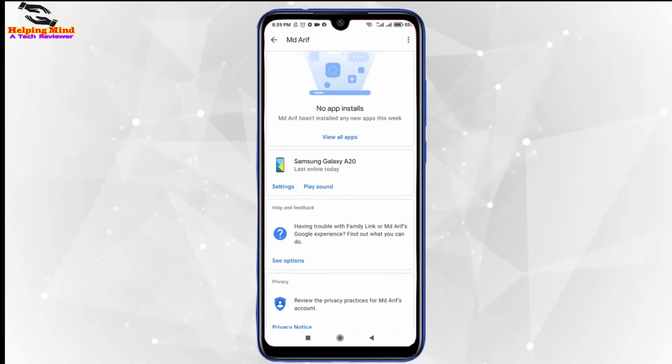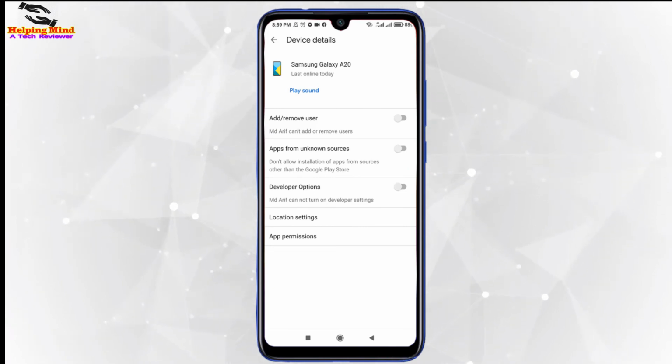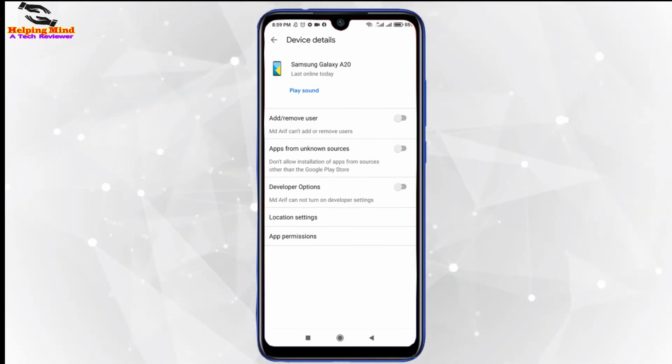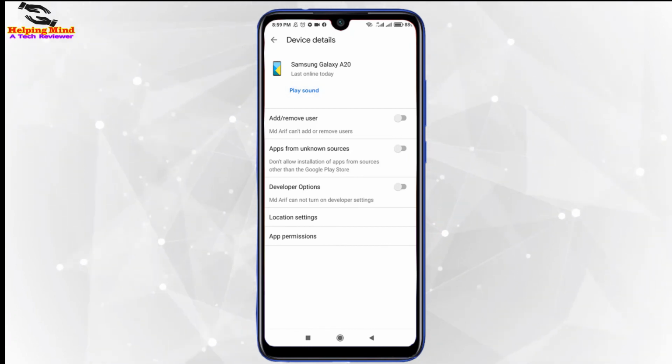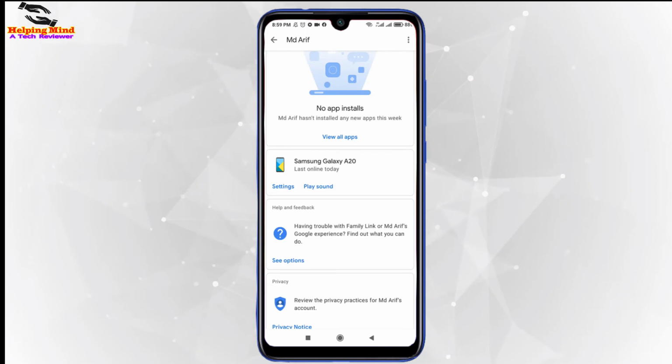You can see my devices, Samsung Galaxy A20. If we enter into the device info, here we can see the device options. We can also create play sound by tapping on play sound options. If we tap on the options here, we can see listen for your child's phone, and it will be played on the supervised device.